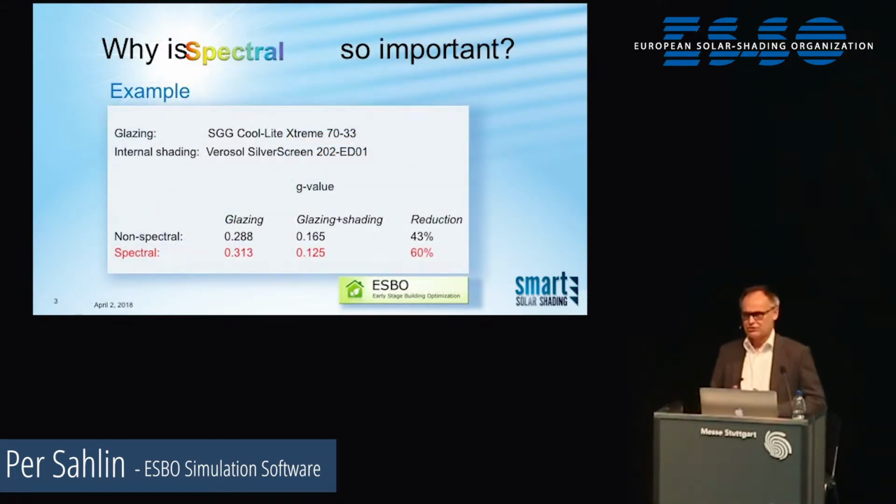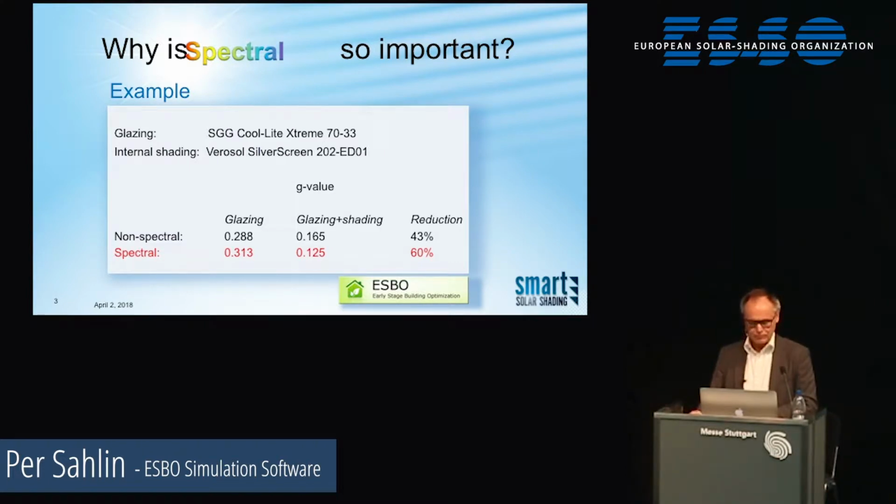I want to stress this thing with spectral. Why is it so important? It's important when you have more than one spectrally selective layer in your construction. Then you actually need to do spectral modeling of both the shading and the glazing in order to get the right results. And just an example, if you have a modern glazing, a modern internal screen, so this is an